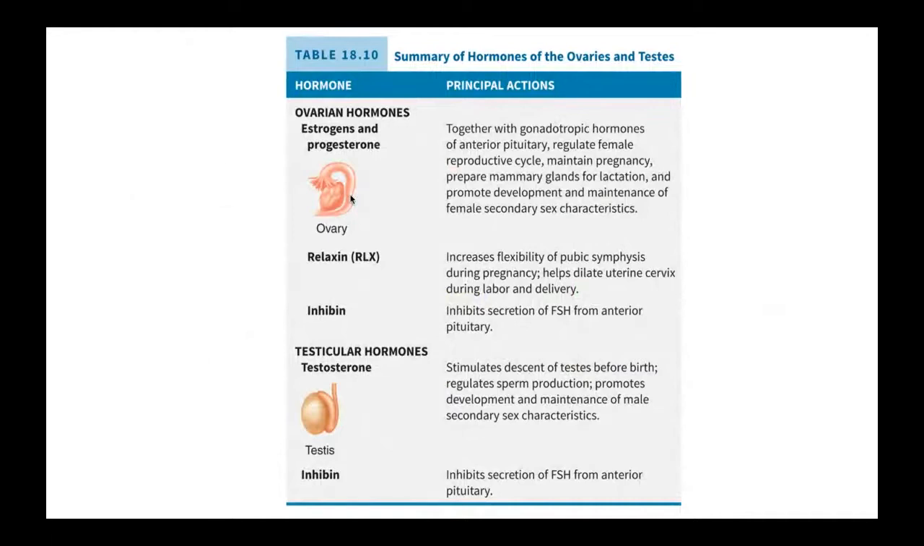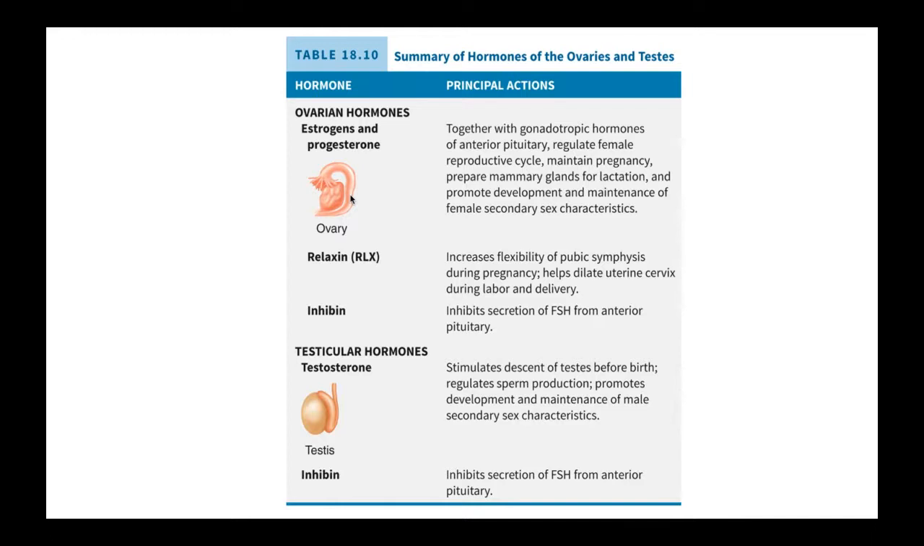So in terms of the sex hormones, remember the ovaries and the testes are the two primary gonads. The ovarian hormones are primarily estrogen and progesterone, together with gonadotropic hormones of the anterior pituitary. They regulate the female reproductive cycle. They're designed to maintain pregnancy, prepare the mammary glands for lactation, and promote the development and maintenance of the female